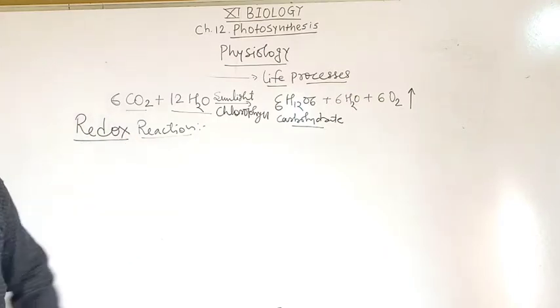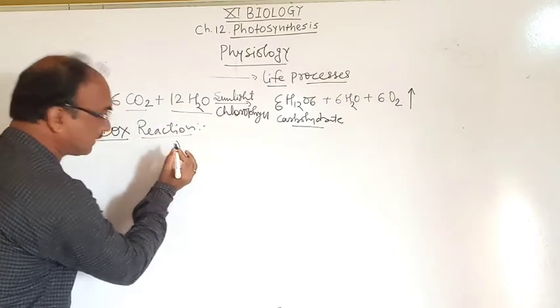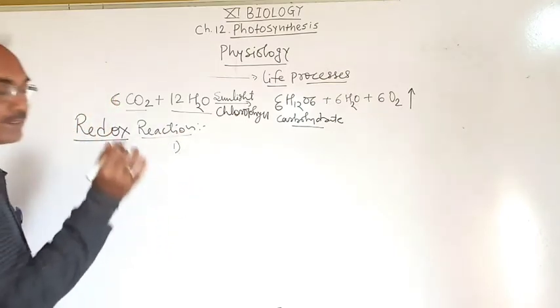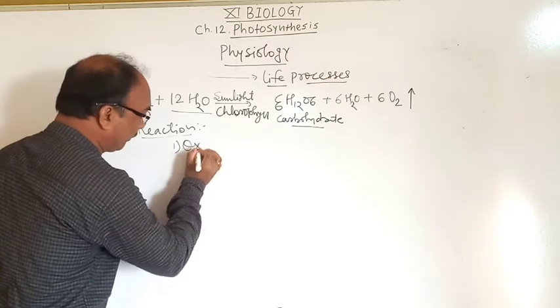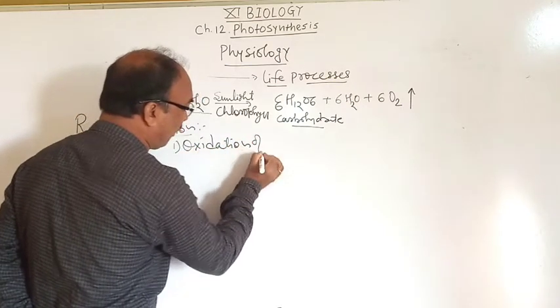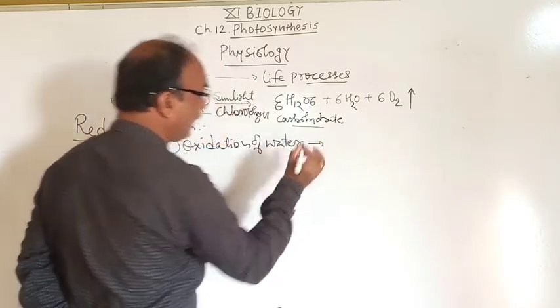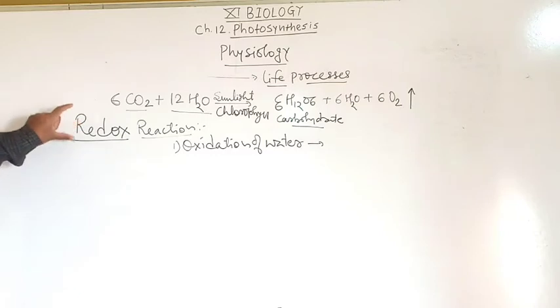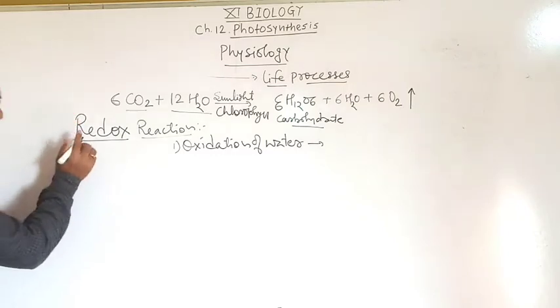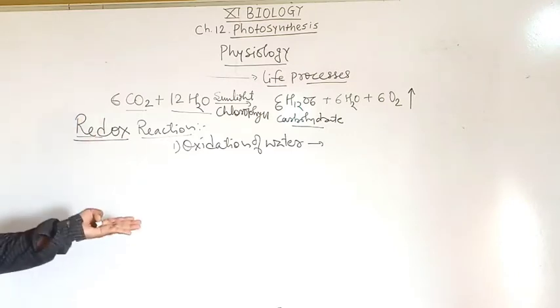Why it is called as the redox reaction? Because in a photosynthesis there is ए ऑक्सीडेशन ऑफ वाटर मॉलिक्यूल। यहां पे देखो रिडक्स बोले तो इसमें दो है, रीड मीन्स द रिडक्शन एंड ऑक्सी मीन्स द ऑक्सीडेशन।